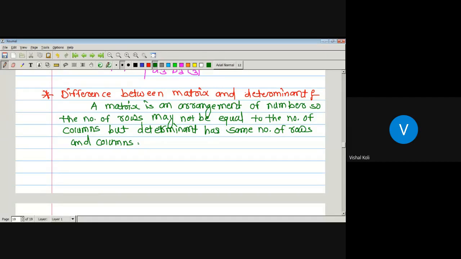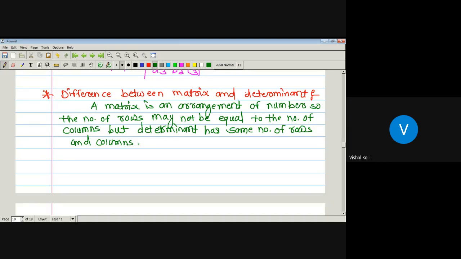Since a determinant is actually one value, we require the same number of rows and the same number of columns. Here we have to find the value by using the number of rows and columns. For that we require the minor and cofactor, and for that our matrix must be a square matrix. Then only we can find the determinant. Otherwise it is not possible to find its fixed value. So this will be the first difference between matrix and determinant.